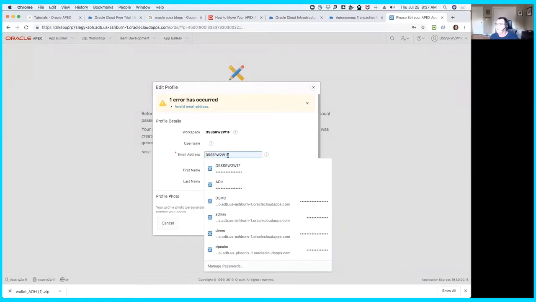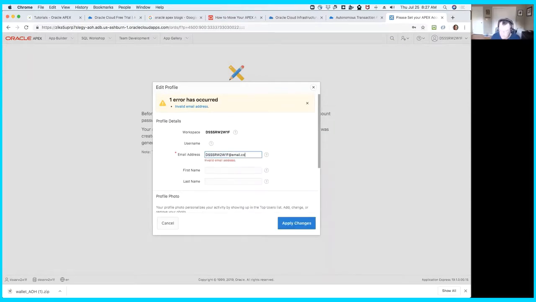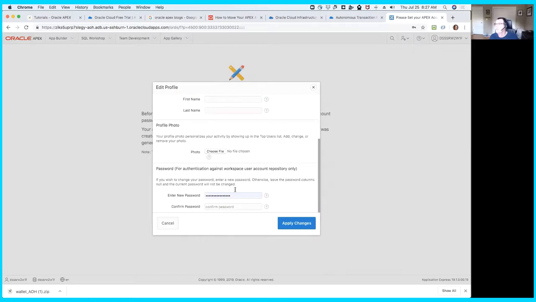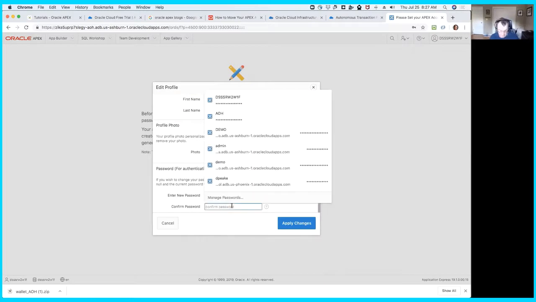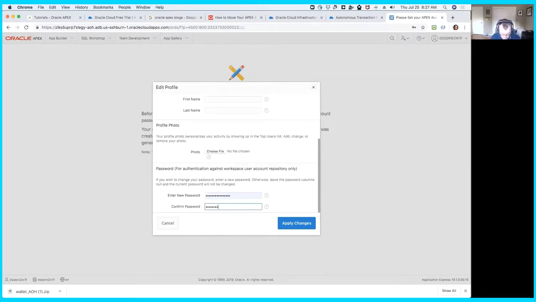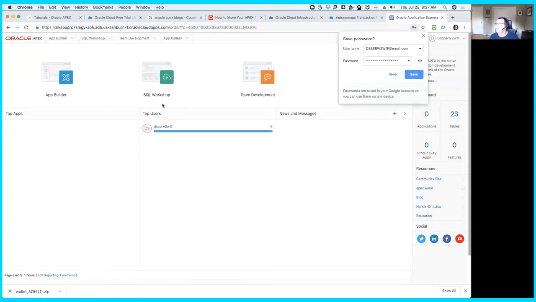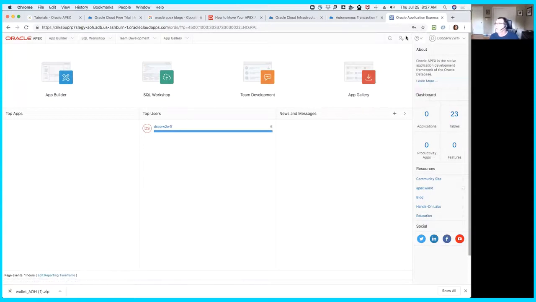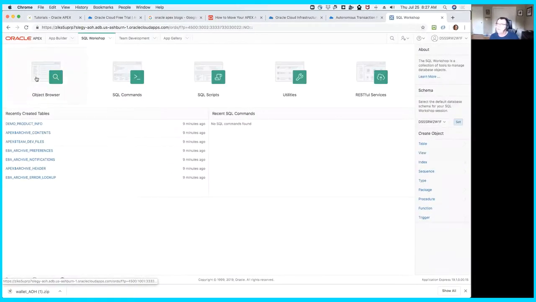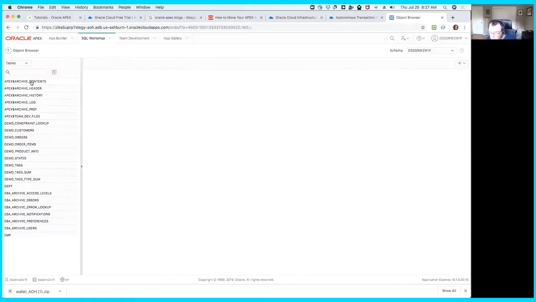So I give it a decent email address. Okay, so if we go and have a look in SQL Workshop and the object browser, you'll notice that we